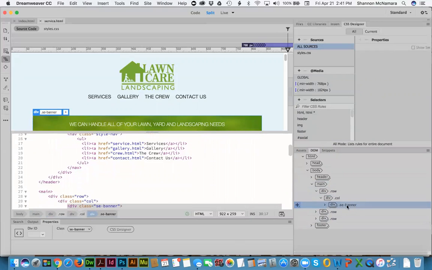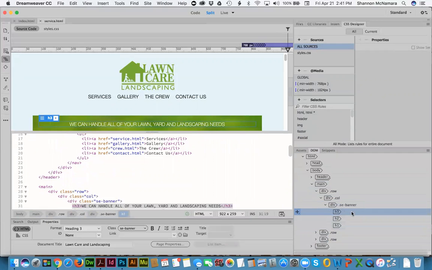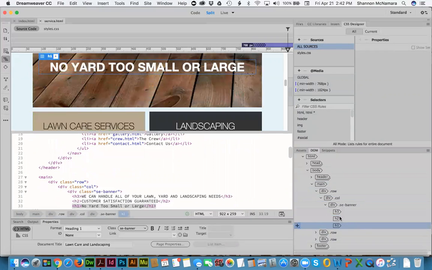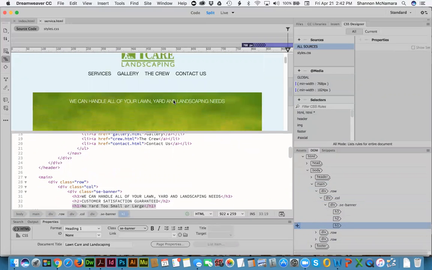So now that I've changed that div to SE banner, my H3, H2, and H1 tags in there have changed. So I'm going to need to make new tags based on this .SE banner. So in my global, the easiest way to do that would be to